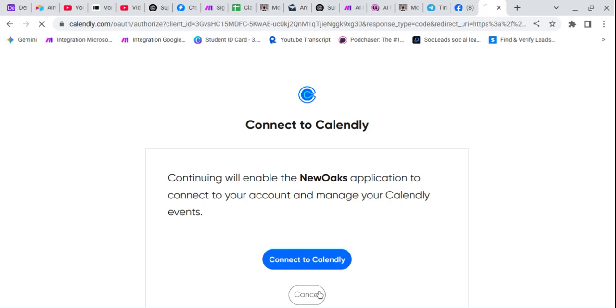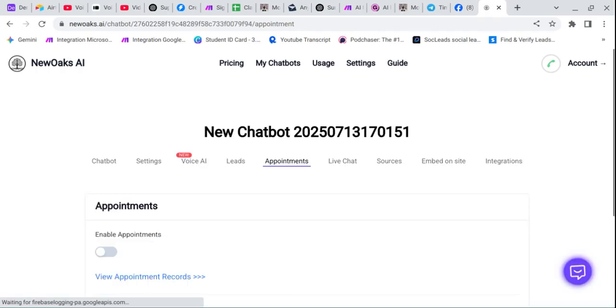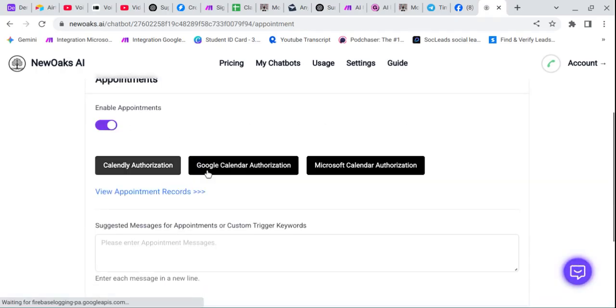I simply authorize with my Google Calendar, but I simply want to make a chatbot for talking. If anybody wants to talk with me, I simply agree. Click on Google Calendar